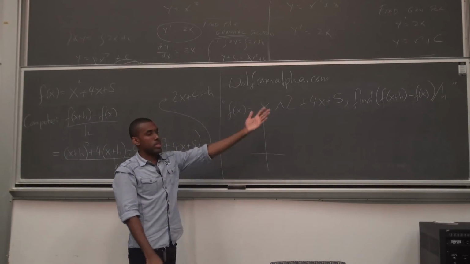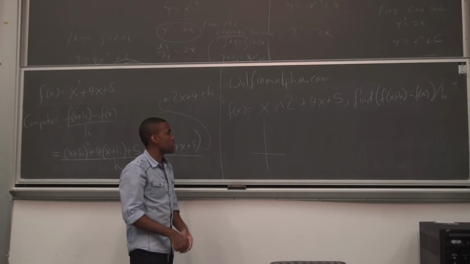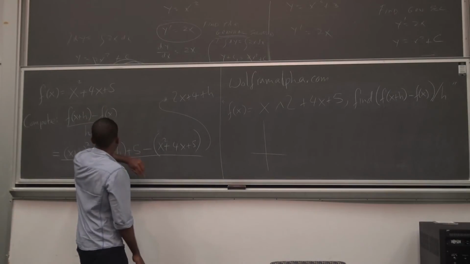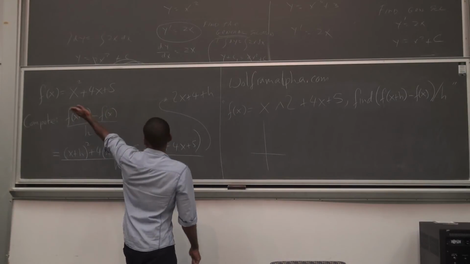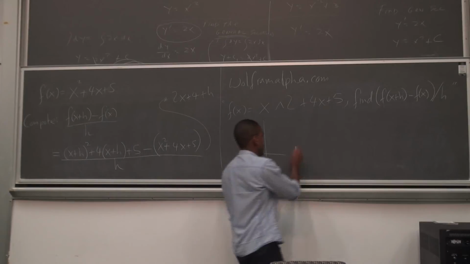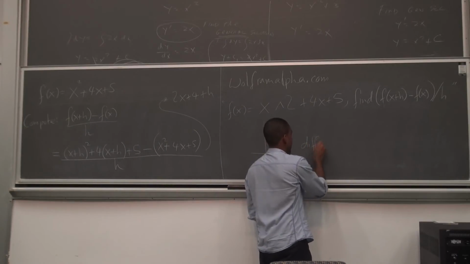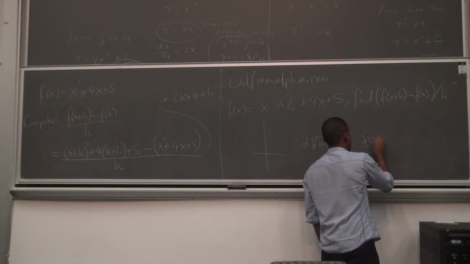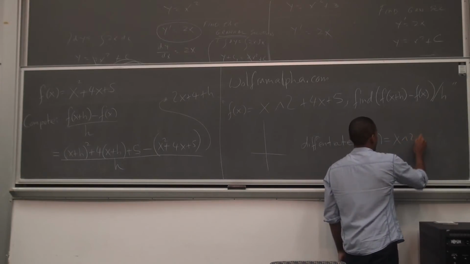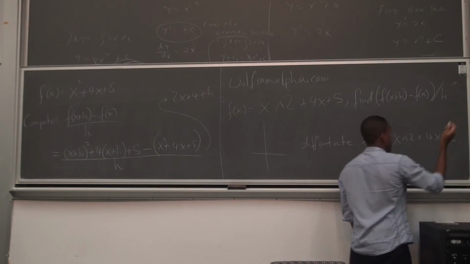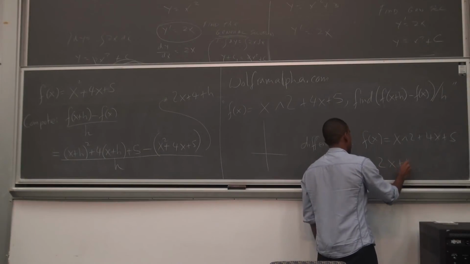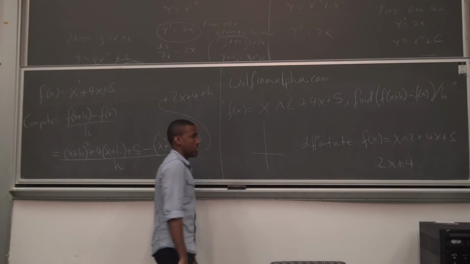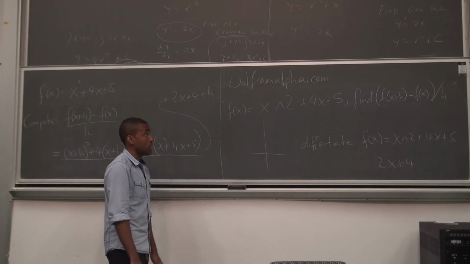But yeah, you can type things in here, and you can type English. Later on we're going to talk about things like derivatives and integrals. If I ask you to differentiate this, you can literally go to Wolfram Alpha and say, differentiate f of x equals x squared plus 4x plus 5. It will tell you the answer, 2x plus 4. It might graph the derivative, graph the function, give you the notations. It will give you a lot of information.